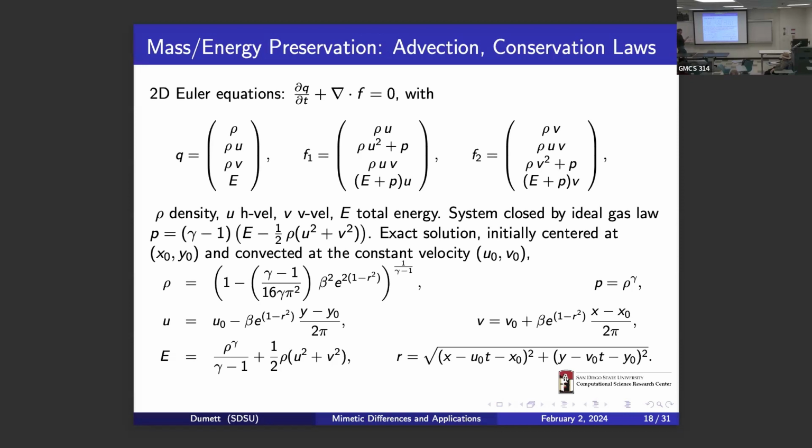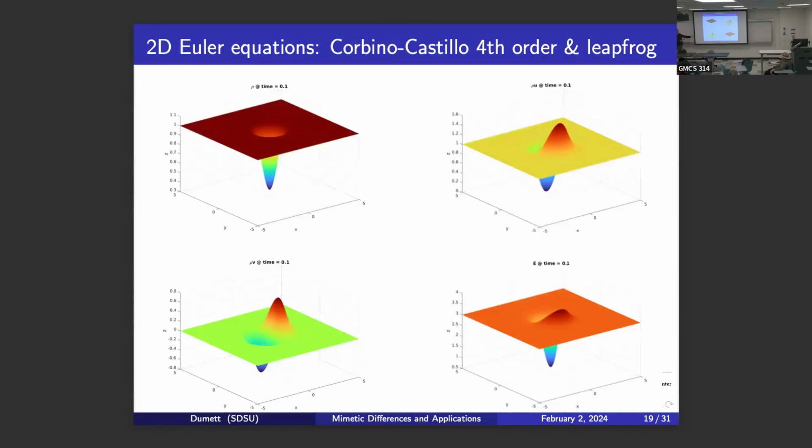And so this system of equations needs to be closed, and we close it with a relation between P and the density. The exact solution is given by this. It is very hard to find an exact solution for a system of conservation laws, but we found it in a numerical methods book for partial differential equations. And so when we apply our techniques after running 100 units of time, we see this kind of solution. You'll see the progression, it is conserved.